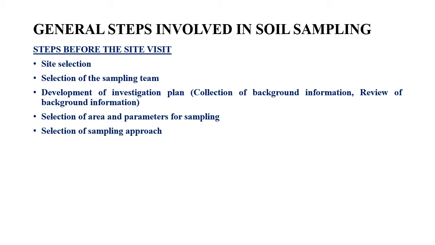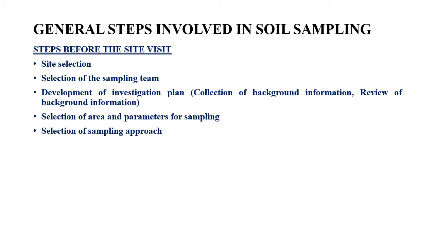Then, importantly, it is necessary to know the history of the land, what was the past land use that was done in that particular contaminated land, and then identify what could be the possible sources of contamination. Now possible sources of contamination can be identified only if you know what were the previous activities that were going on in the land, that is basically the land use that was present in that contaminated land. So gather as much information as possible.